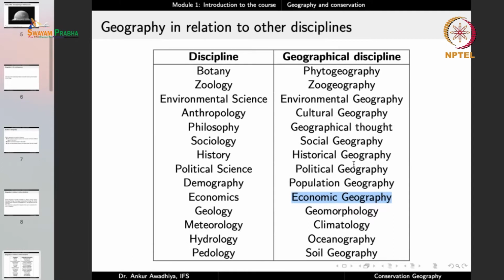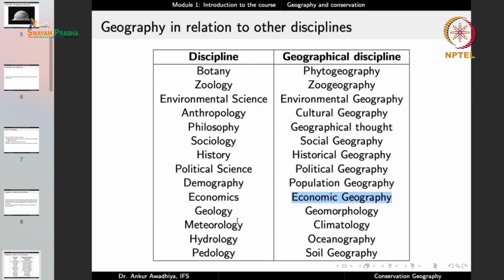Now, things like industries or mines or ports are a part of the discipline of economics. Things like the amount of income that people have, GDP per capita, that is a field of economics. But in geography, we can ask the question, okay, what is the variation in GDP per capita in different areas of India? Where are those locations where we have a high GDP per capita? And why are those locations having a high GDP per capita? So we are asking the questions of economics, but in a geographical context. So this becomes the field of economic geography.